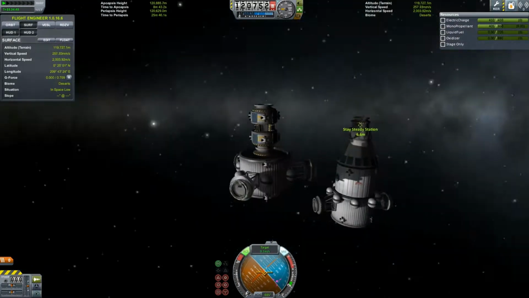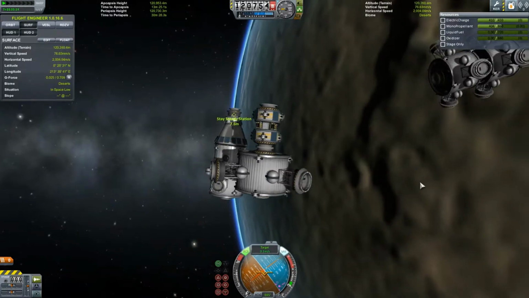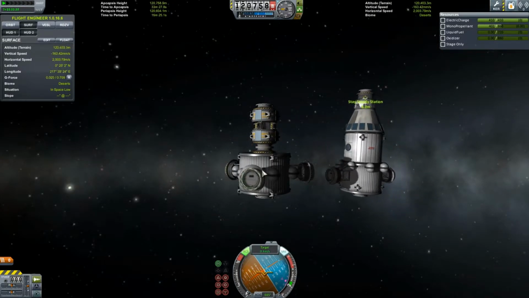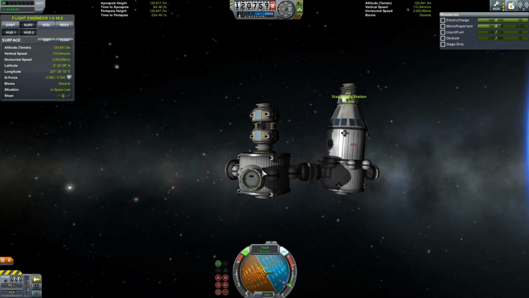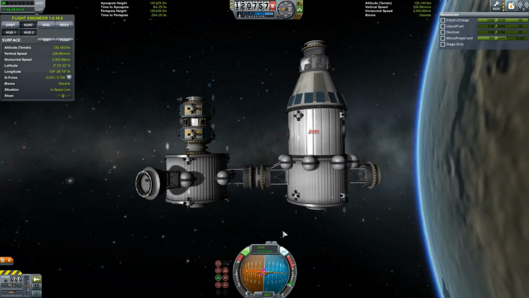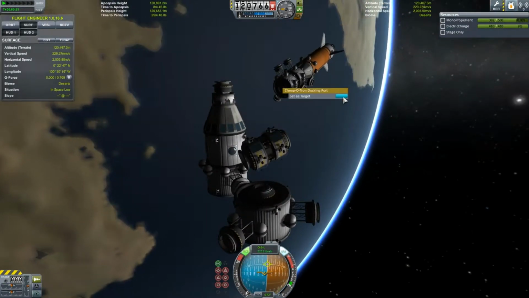The reason for that is because I went back and loaded the quick save, because I believe I saved after I got everything put together, and just before I was going to attach the rocket. So yeah,